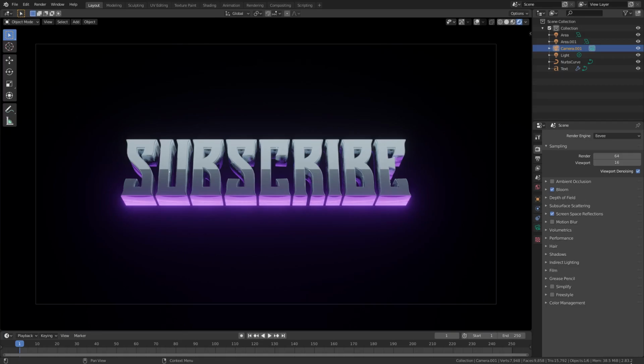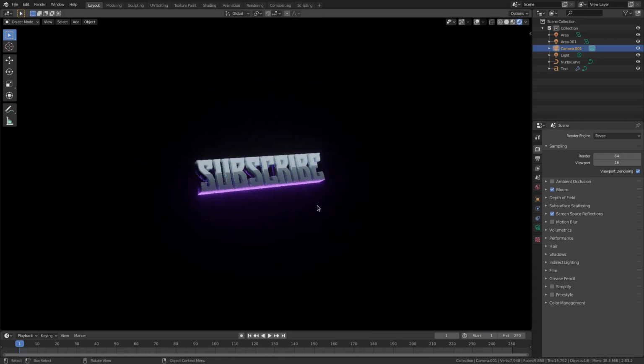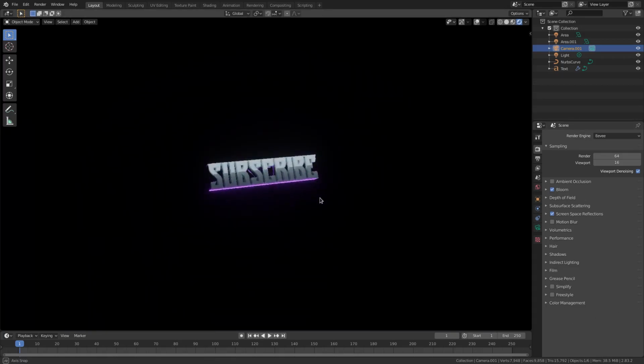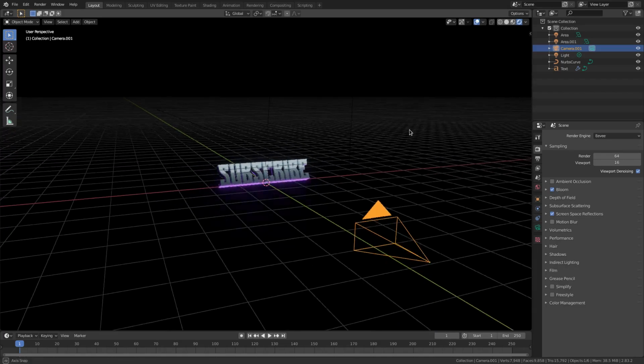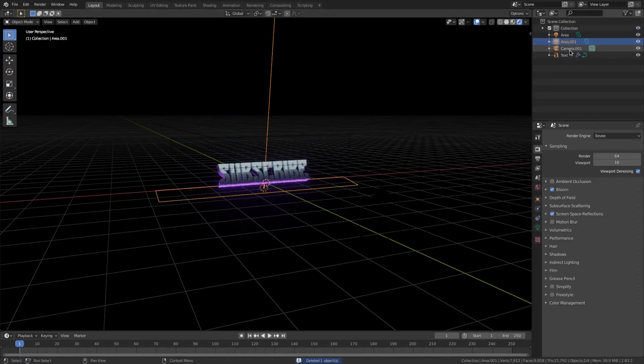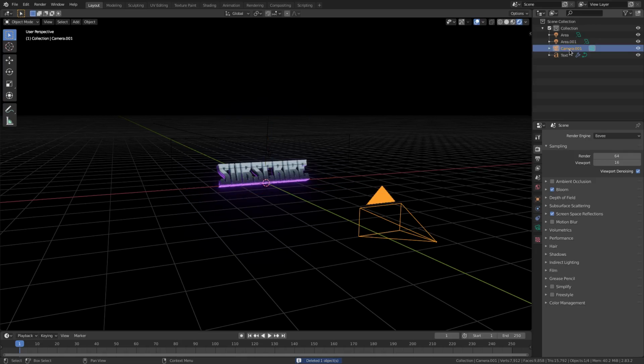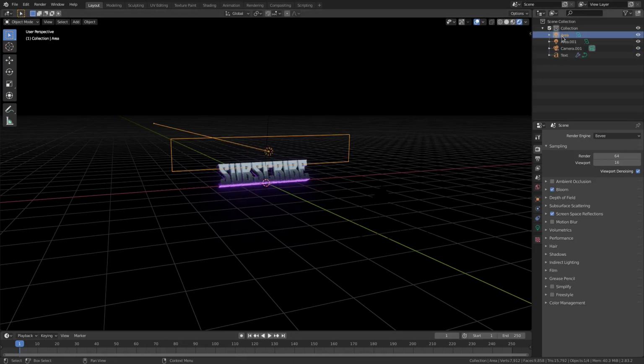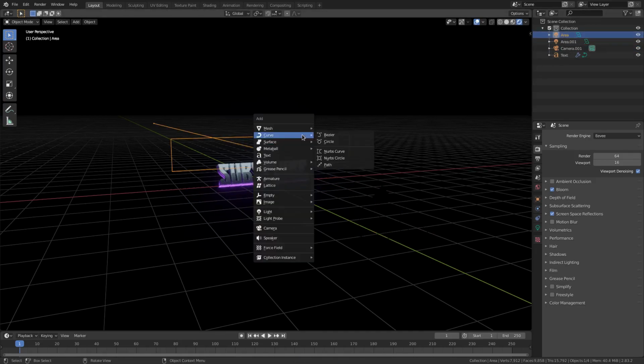I made this just now, and this is all the scene is. It's a very simple scene. So let me turn my overlays on real quick by hitting this little button right there. We have a camera in the scene, which is just facing forward. And the two things that we really need, we don't need this, that doesn't need to be in there, and we don't need this either. So it's really only four things in this scene, and two of them are lights, and one of them is the camera.